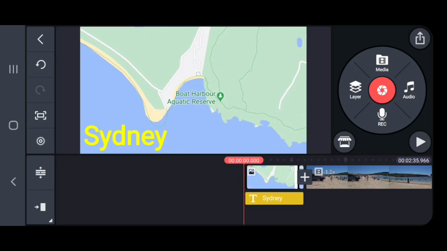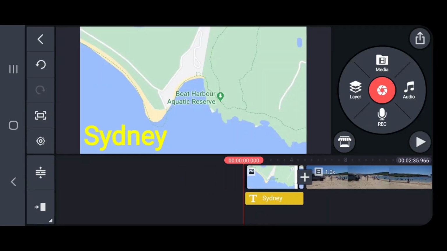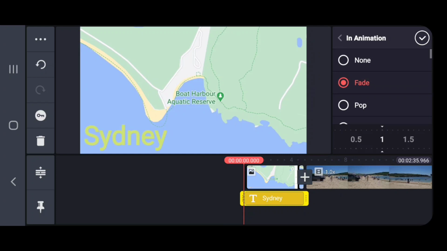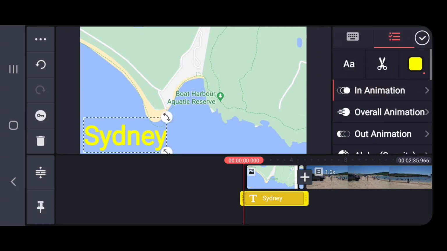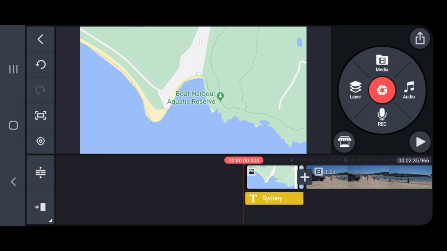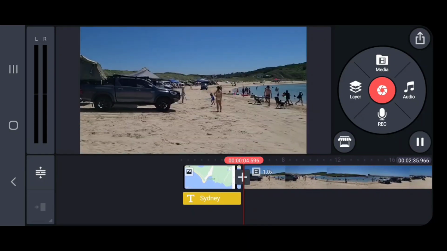So what we want to do now is, I don't want the Sydney just to appear. We can make it just appear, but I want it to sort of disappear as well. So you can click on Sydney, and you can say in animation. We'll just have it fade in, and we'll have it fade out as well. As you can see, I've highlighted the text down the bottom there where the yellow box is surrounding it. I'll put an arrow where what I'm talking about. We'll say out animation, we'll say fade out as well. So there we have it. If I play the timeline, it's fading in, and it's going to probably fade out here and on to the